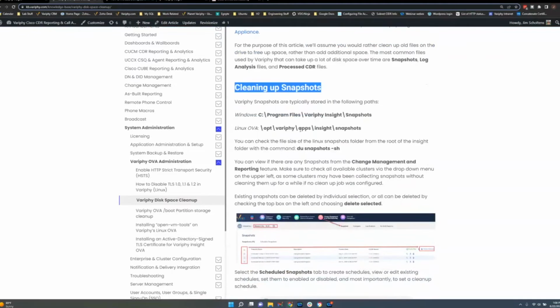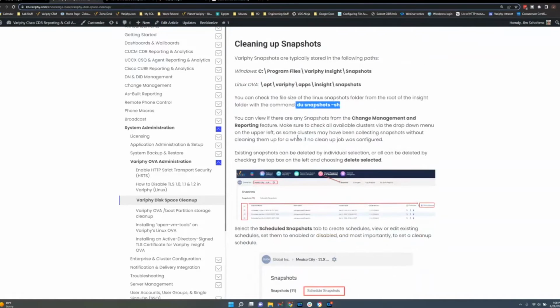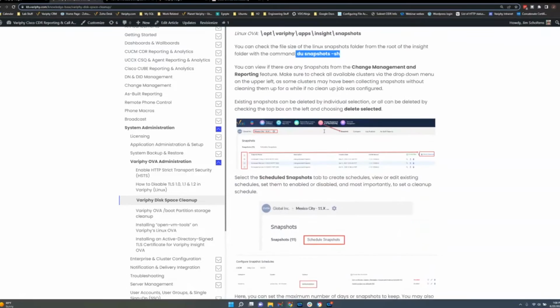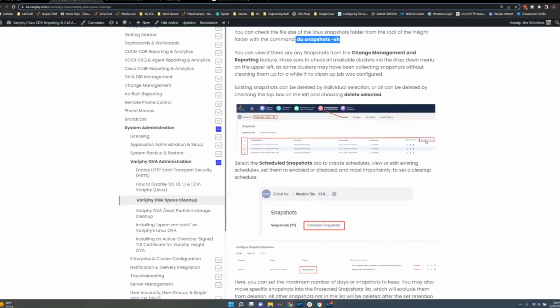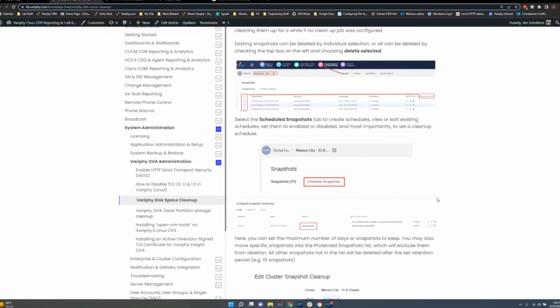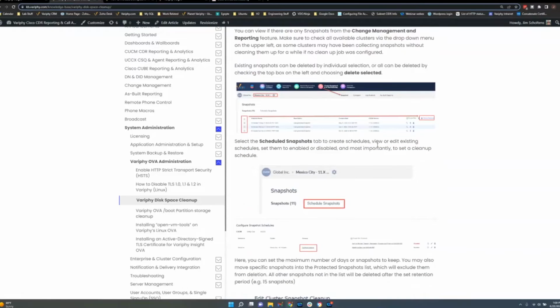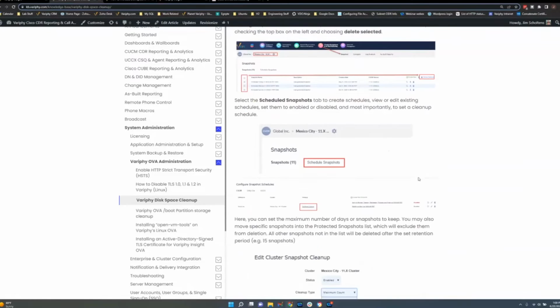So this part of the knowledge base article goes through how to see what's used for snapshots and delete those via the web interface. If you're not using snapshots anymore, you don't have this option, then we'll probably have to go into the CLI in the case of Linux, or go into your file path for Windows and just delete those old snapshots.